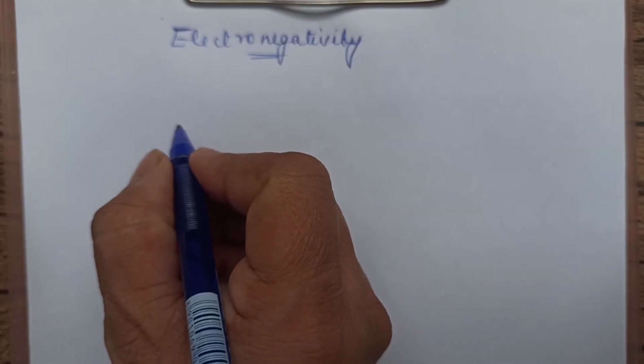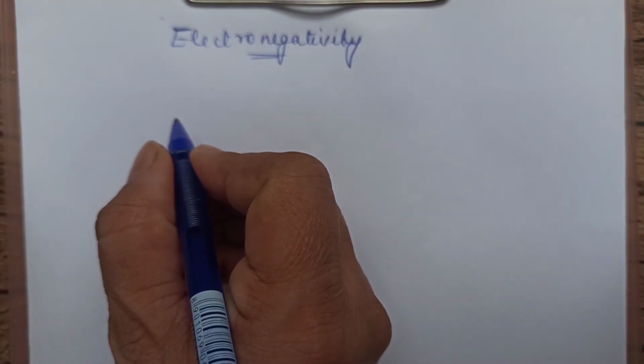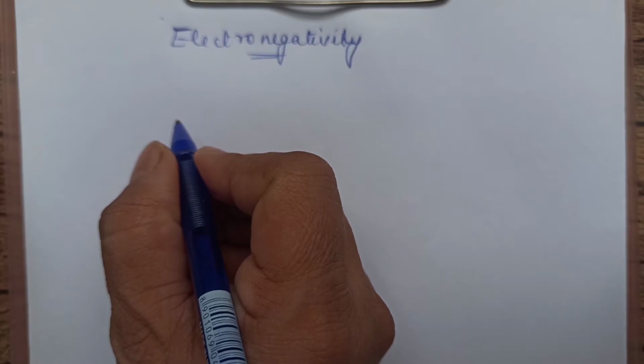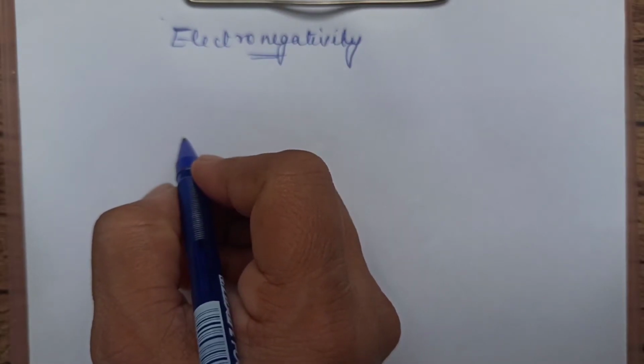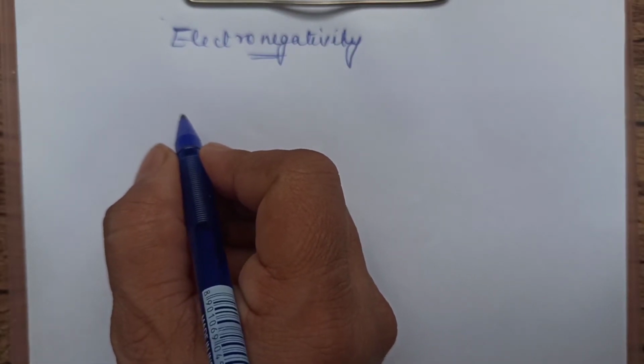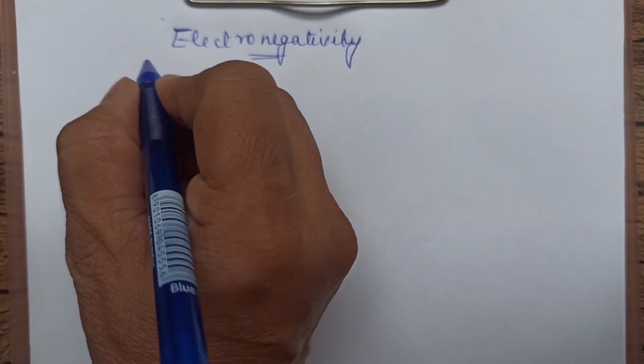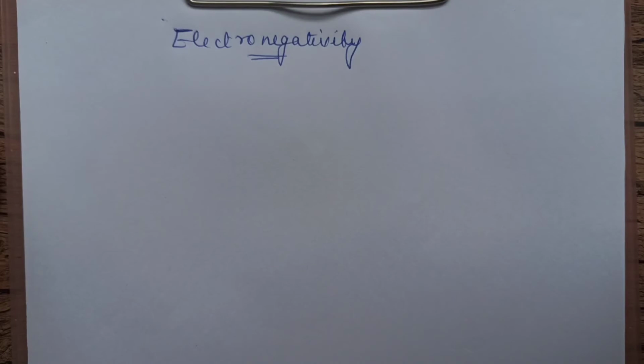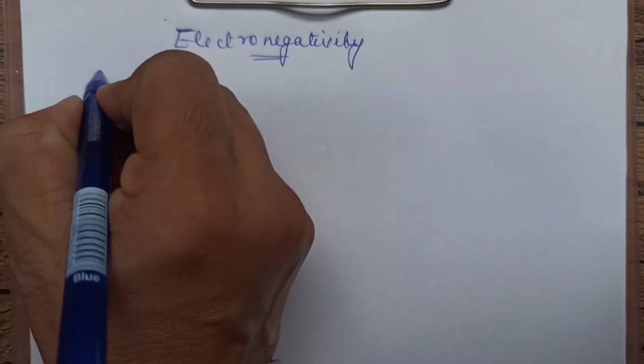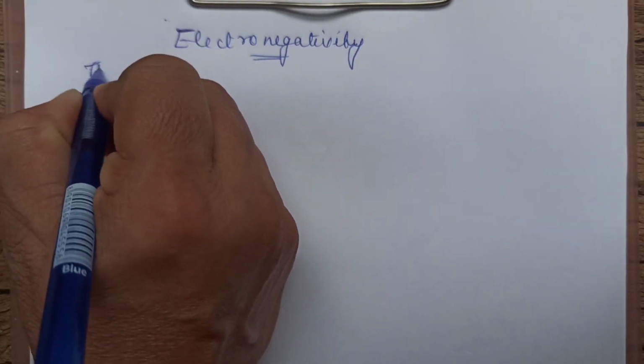Hello students, today we are on the 7th lecture of periodic classification, and in today's session we will be talking about electronegativity. Okay, what is electronegativity? Let us define this first. What is electronegativity? It is the tendency